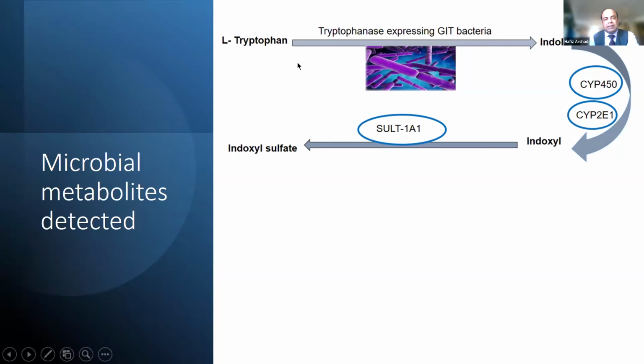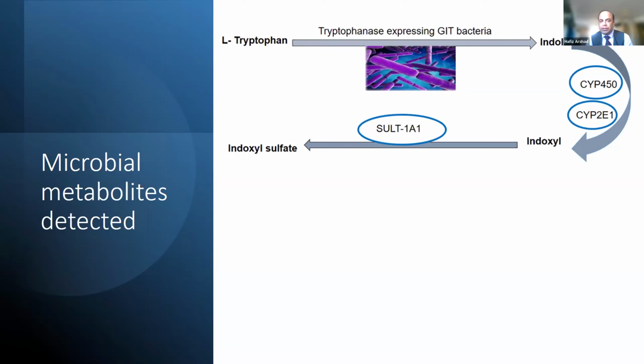As we can see, this is from the tryptophan metabolism, and tryptophan metabolism leads to different types of indole production or indoxyl sulfate. And this indole and indoxyl sulfate were detected in our study. But one thing which was not sure initially was whether it may be due to hepatic metabolism, or some changes in hepatic metabolism, or whether it is due to the infection of Toxoplasma gondii that it changes this microbial metabolomics and microbial community. But later on, it was confirmed in another study, or a further extension of this study, that